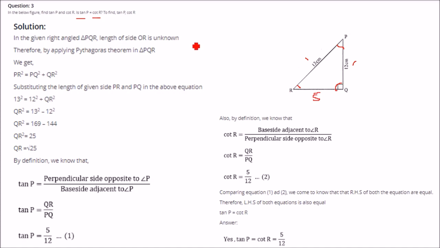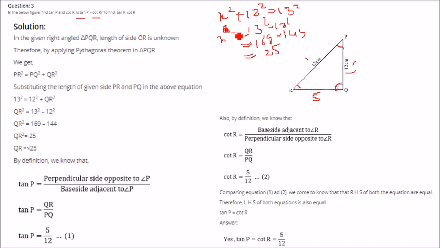What will this be? This will be 5. How? See, if I use the Pythagoras theorem, let us assume it to be x. x square plus 12 square will be equal to 13 square. So x square will be equal to 13 square minus 12 square. 13 square is 169, 12 square is 144. That is 25. And when we take root, it will be 5. So this is 5 and it is given here also. Next time when this scenario comes, we will directly use the values. We know for a triangle where the base and the altitude are 5 and 12 respectively, this side will always be 13.